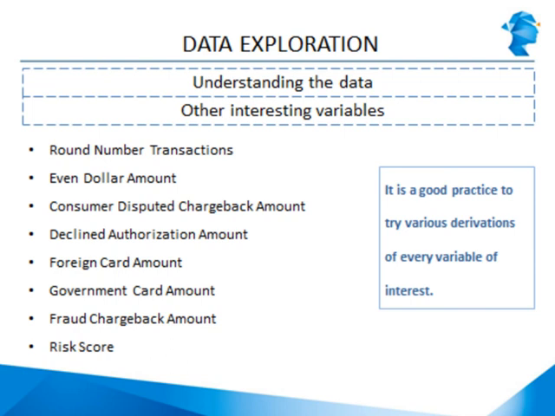Risk scores are generated to assess the risk profile of each merchant. These scores are often used for fraud detection as well. So risk scores are basically scores that are generated for each merchant and predict the likelihood of the merchant being low risk, medium risk or high risk. So these risk scores can often also be used for fraud detection. So this is an example of some interesting variables in the financial services sector that you will often see coming in significant, especially when it relates to fraud detection.